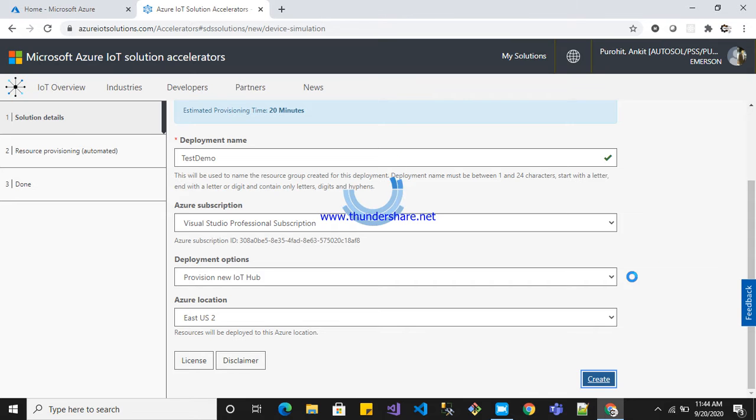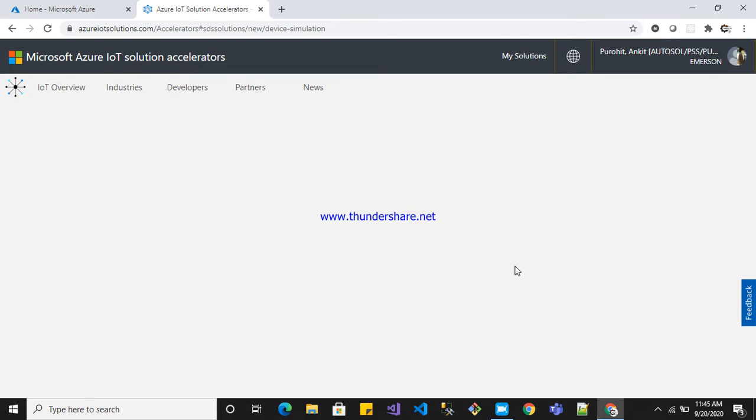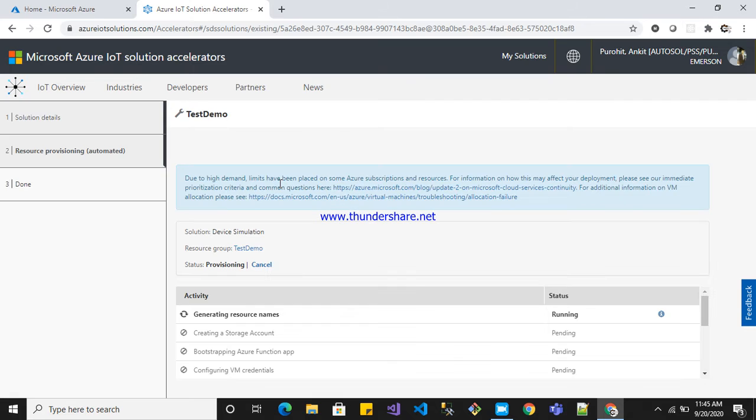So let's wait some time. Okay, the deployment is being created. If you see, my resource group is test demo, and you can cancel the deployment.